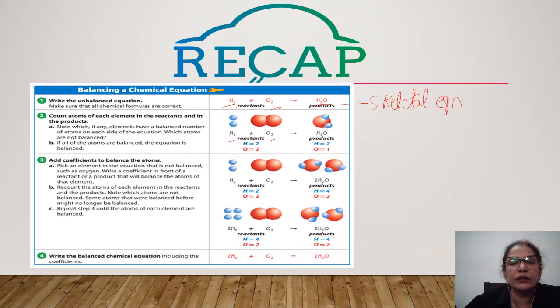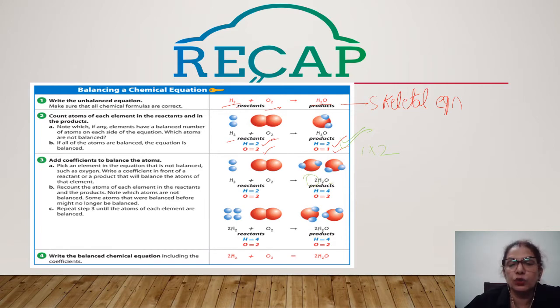If we see, on the reactant side there are 2 hydrogens and 2 oxygens. But in the skeletal equation, on the product side there are 2 hydrogens, but only 1 oxygen. So our hydrogen here is balanced. Very good. Now if we again write the equation H2 plus O2 giving H2O, oxygen is not balanced. So what did we do? 1 into 2, and this 2 we add as a coefficient in the next step, so that we can make this oxygen into 2.